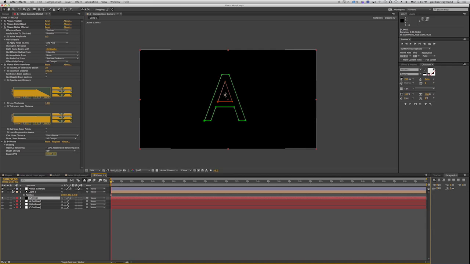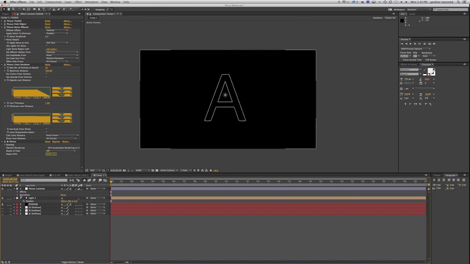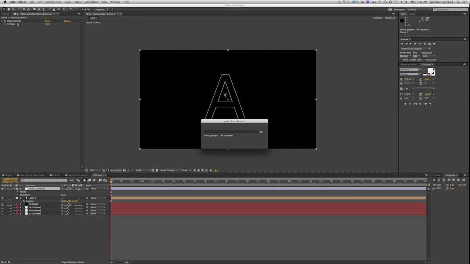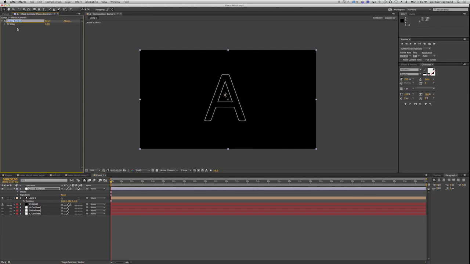And then in the Plexus, let's twirl down the Plexus controls. Select this slider control. Let's rename the slider control noise amplitude, and then let's duplicate that and rename this max lines